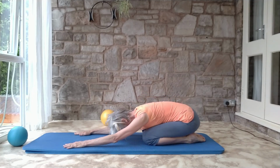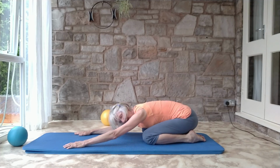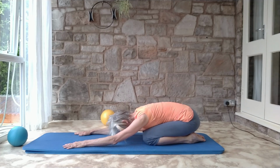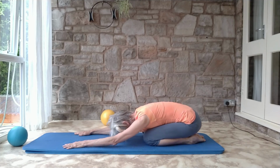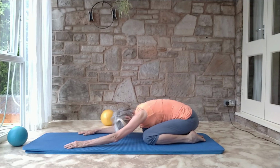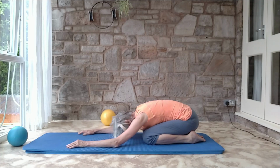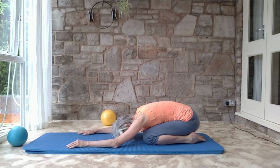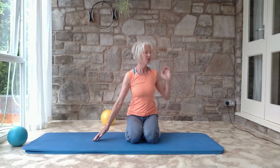And just again, just shift weight side to side. Let's breathe into the belly. Big breaths. And then the ribs. Breathe into the ribs. And it's good to pause. Okay. Right, from there we're coming to